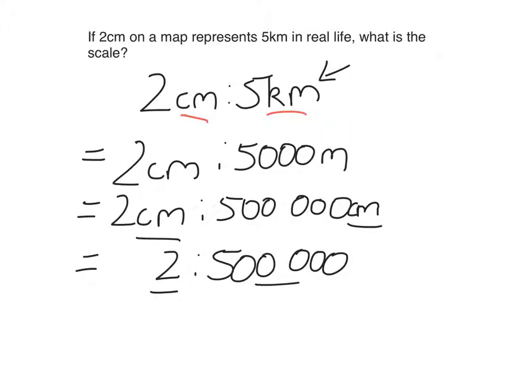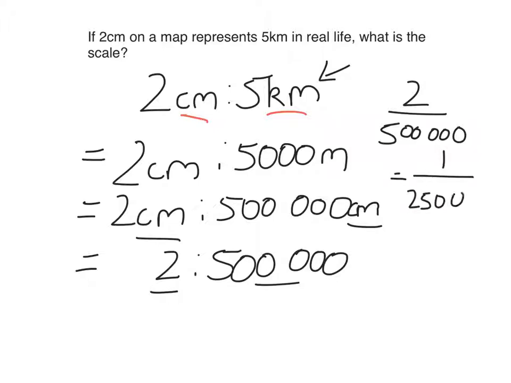If you really have trouble with that, just put 2 over 500,000 on your calculator. It will simplify it for you. It will tell you that that's 1 over 250,000. So this first number, the number on top, is the first number in the ratio, and this is the second. So that's the same as 1 to